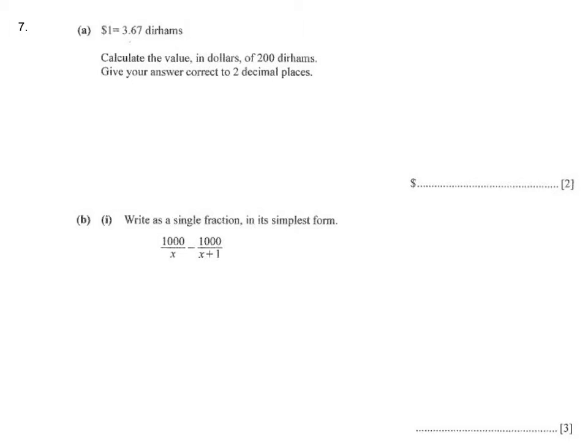So we've got some exciting and tough forming algebraic equations and algebraic fractions in question 7, but it starts off with a fairly straightforward conversion graph. So there's 200 dirhams, and every 3.67 of them gives us $1. So it's as simple as dividing 200 by 3.67 to get us